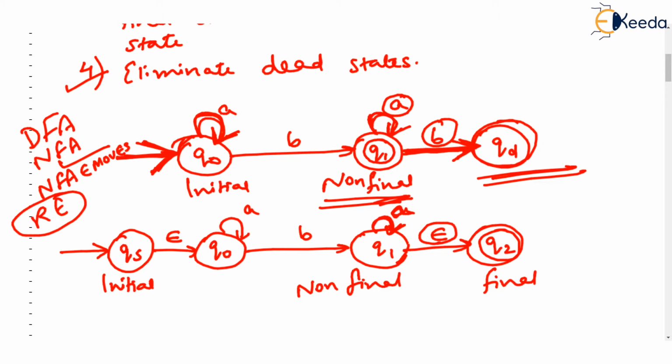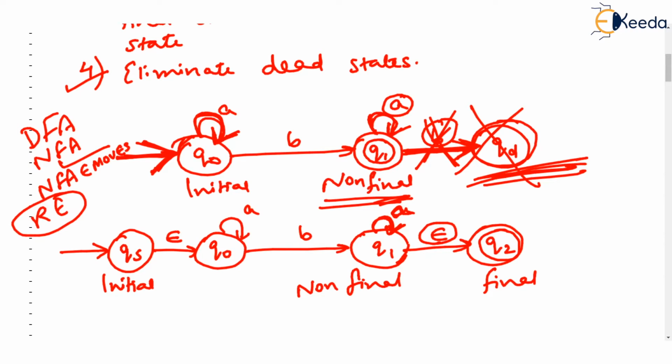But listen, there is a dead state also. Rule 4 states that we simply kill the dead state, that is, kill all the transitions to the dead state as well. So there is no question of showing the transition on B to the dead state D. This becomes the new FA, which will be given to the state elimination method. We will use the state elimination method, which we will see in the next video, to find out a regular expression.